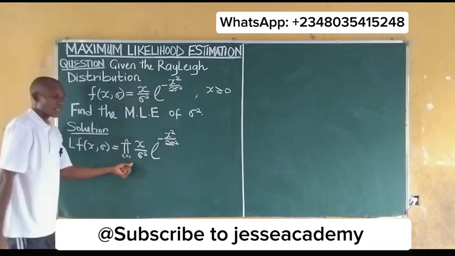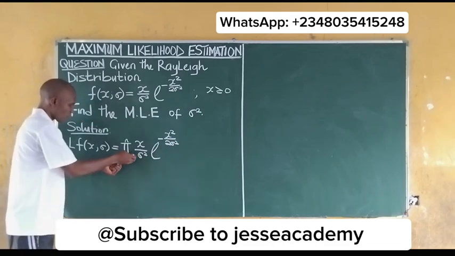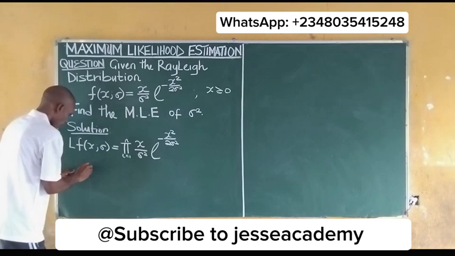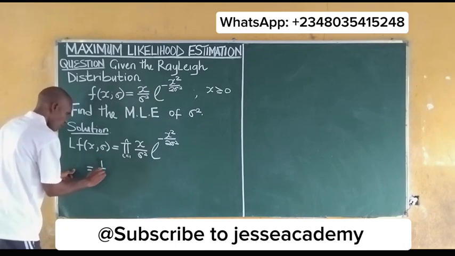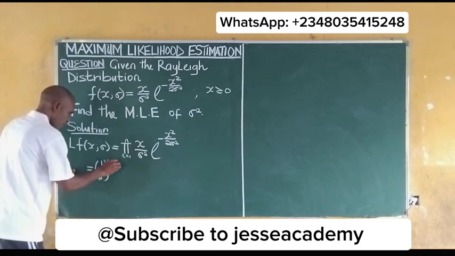So we are taking the product. This product means the likelihood is equal to 1 all over sigma squared times x1,